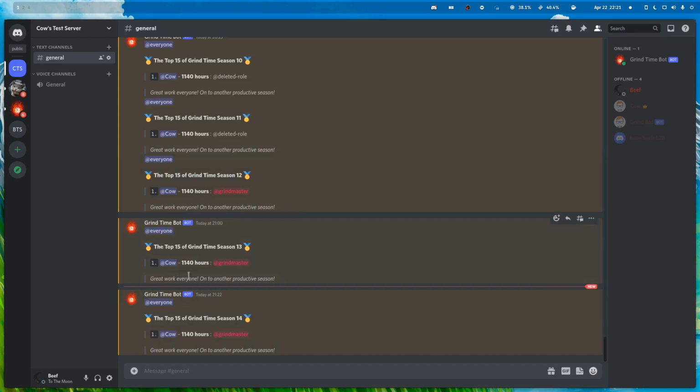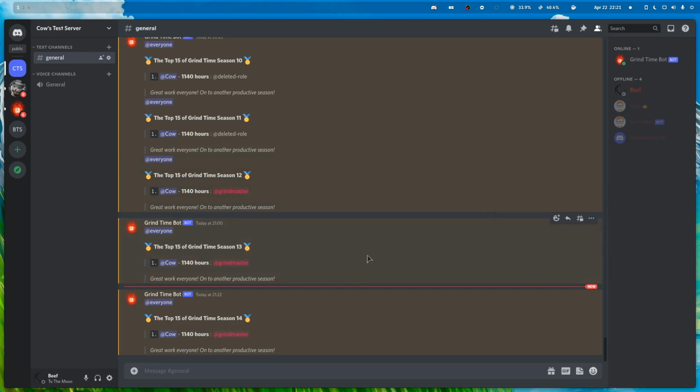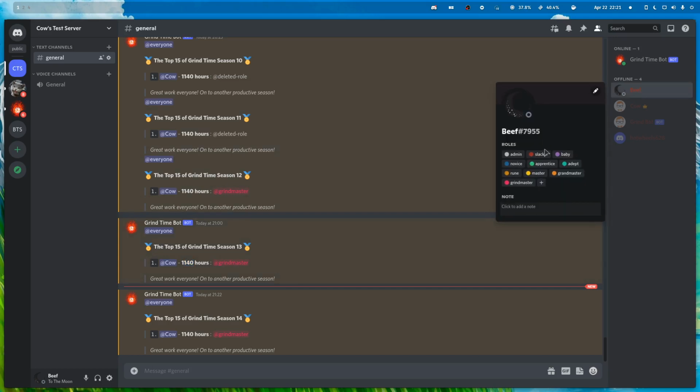And then I wanted to make it a little bit more interesting, so I had it so that at certain hour thresholds they get a certain rank. So if they study for 10 hours, they get the baby rank. If they study for 30 hours, they get the novice rank, and so on and so forth. And this goes on for around 4 months. After 4 months, I manually reset everything so the stats go back to zero, and all these ranks disappear except